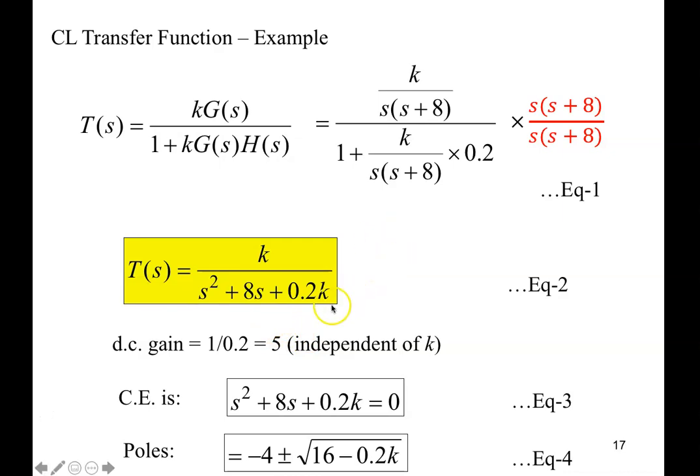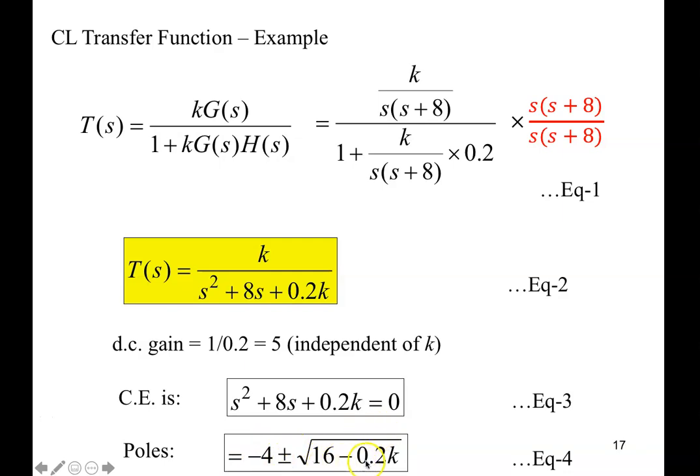To find the poles for the closed loop transfer function, I need to equate the denominator terms s squared plus 8s plus 0.2k. Set this to 0. That gives us the characteristic equation as shown in equation 3. Solving this quadratic equation will give me a pair of poles, or two poles, -4 plus minus square root